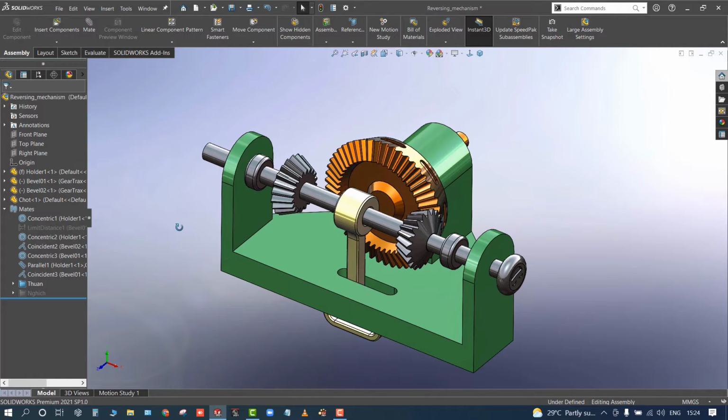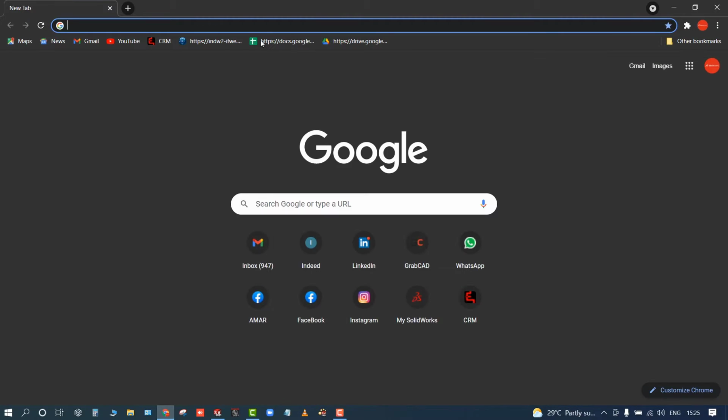Hello everyone. So here we'll just see how to add the 3D Experience connector to SolidWorks, and in the task pane it's not available right now. Let me just switch to the 3D Experience platform,